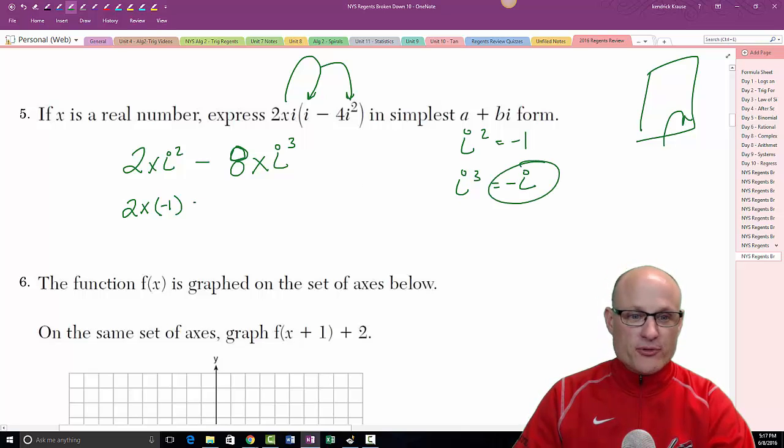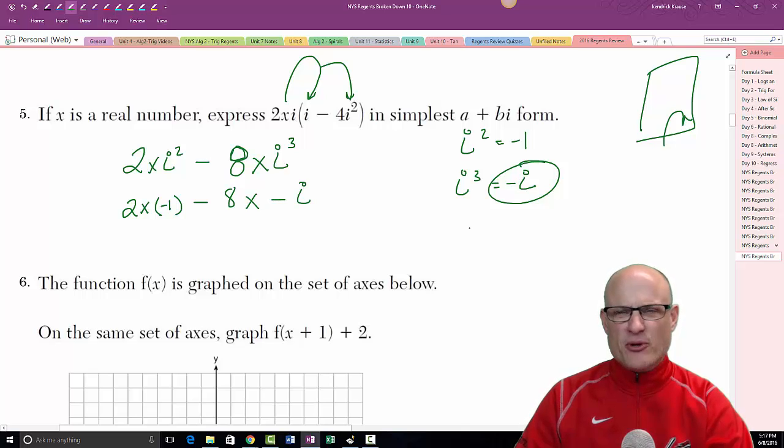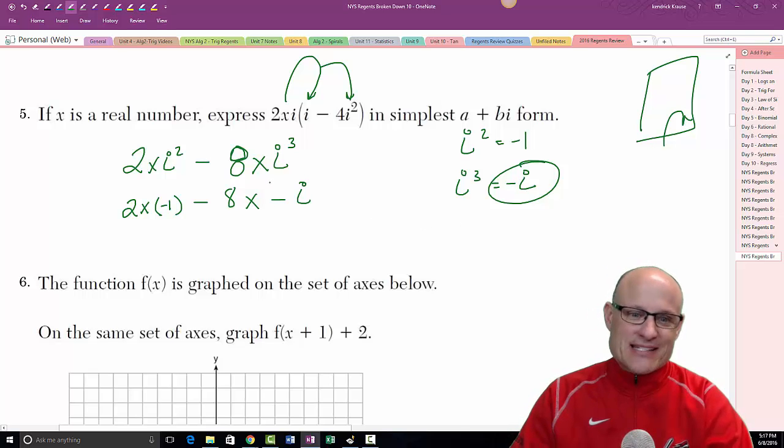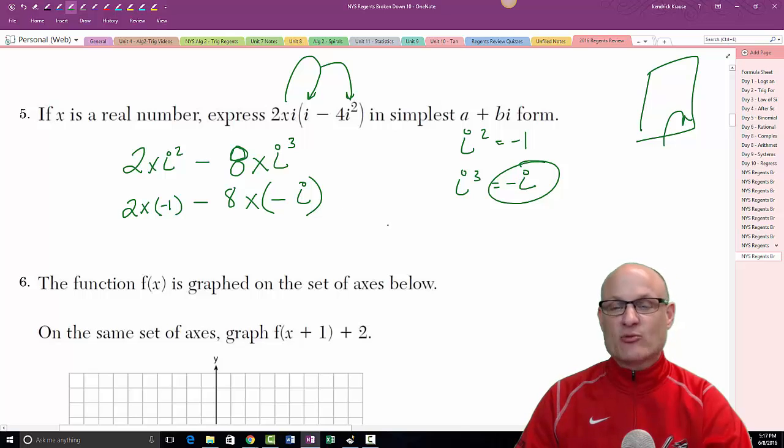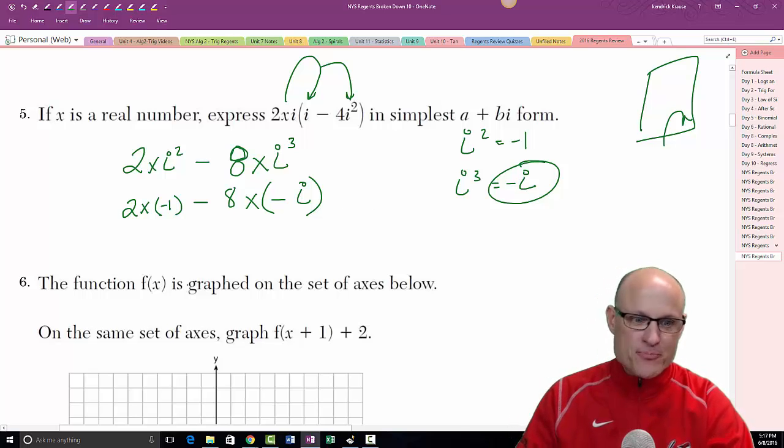So I'm going to replace i cubed with (-i). Notice I'm doing it using parentheses. I always have one kid that'll say, oh yeah, I remember that's -i, and then they'll put a -i there and not know what to do. It's not minus i, it's times -i. That's why we substitute in using parentheses, so you don't think there's a subtraction there. All right, so this thing becomes